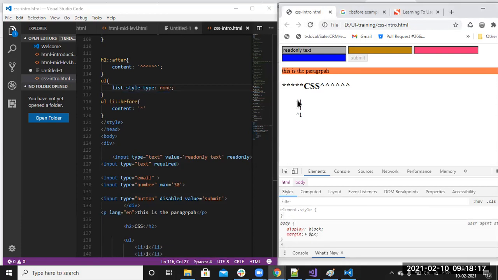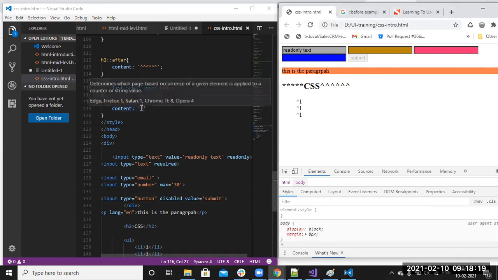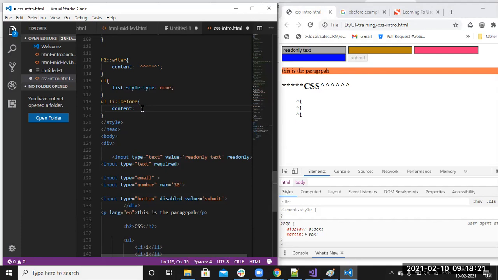In that case, our before element will act as that star. We don't have a specific element for every list item, so we apply star star star like this. We will get this.